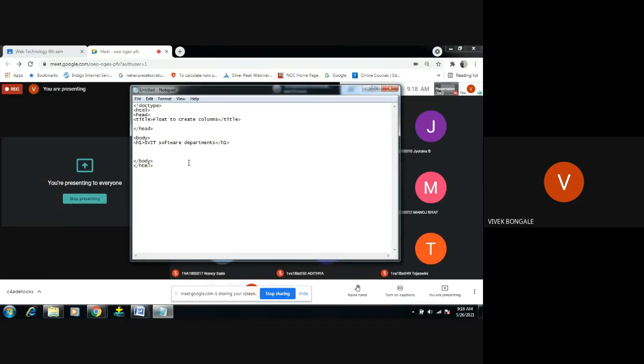Both perform the same operation. The difference is that the ID selector is used for a specific purpose, and the class is used for general purpose. So here, for CSE and ISE, these are two, so I'm going to create a class, because whatever modification or changes I want to do, I can do for this class.